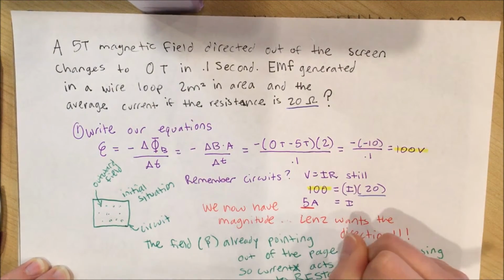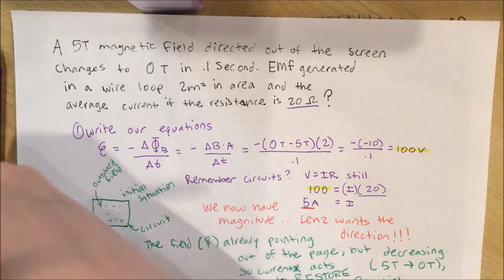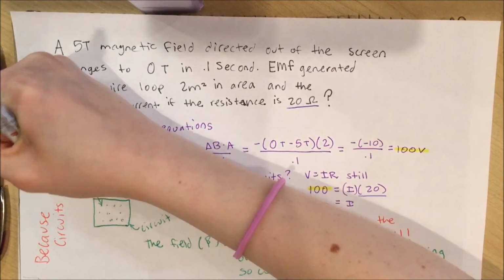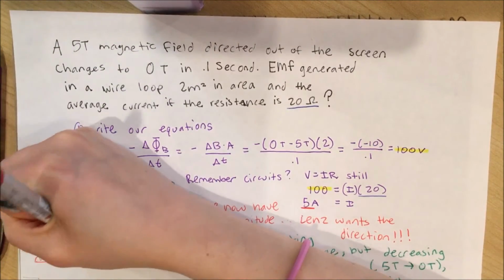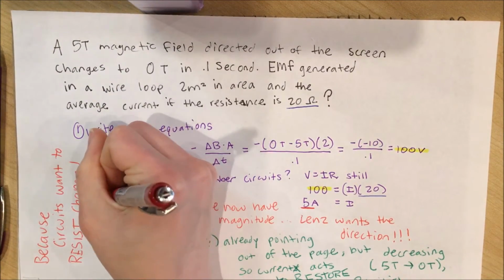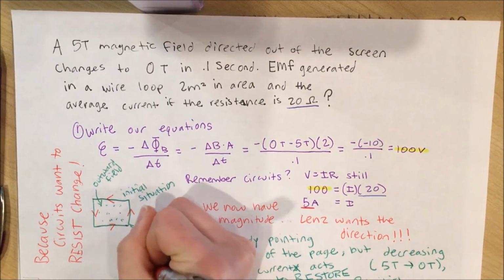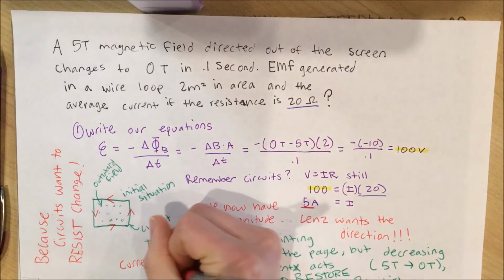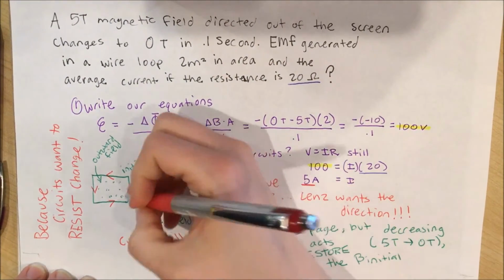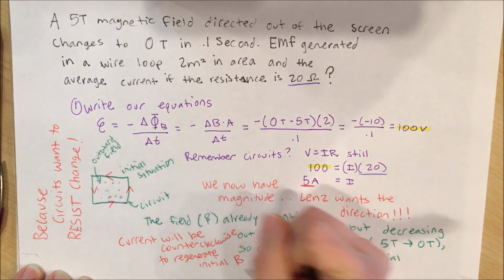So this is a quick right-hand rule problem. Just play with your right hand. And remember, it's because circuits want to resist the change. So if the magnetic field is decreasing, the circuit's going to want to increase it back to where it was before. So we figure out that the current is running counterclockwise. To regenerate the initial